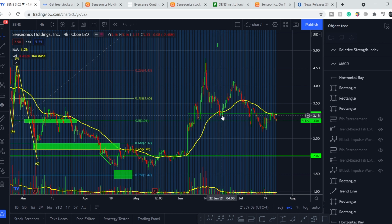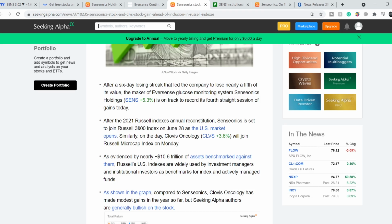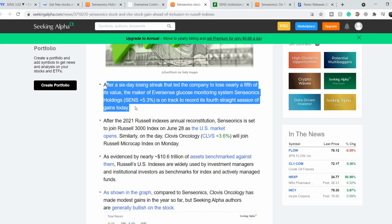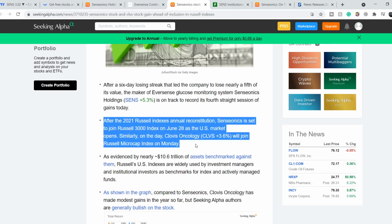So what was the reason for this spike? The reason was right here. Senseonics and Clovis Oncology gain ahead of inclusion in Russell indexes. Let me quote this. After a 6-day losing streak that led the company to lose nearly a fifth of its value, the maker of the Eversense glucose monitoring system, Senseonics Holdings, is on track to record its fourth trade session of gains today. After the 2021 Russell Index's annual reconstitution, Senseonics is set to join the Russell 3000 Index on June 28th as the